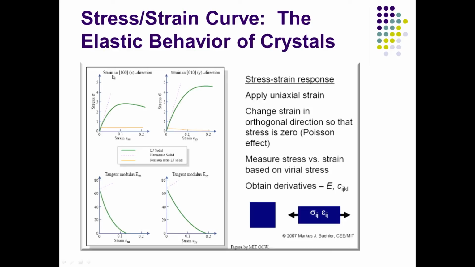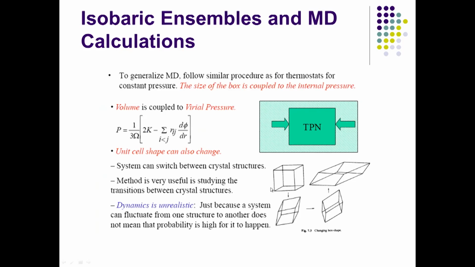If you look at strain in the 1 0 0 direction, which is the principal direction, this is the stress strain curve, and this is very idealized. You are looking at Lennard-Jones, and you are then looking at strains in 1 0 1 0. This is the second y direction, and you look at the tangent modulus of that and the tangent modulus in xx and yy. So, you are looking at these tangential forces and moduli, and this is where you can derive these terms.